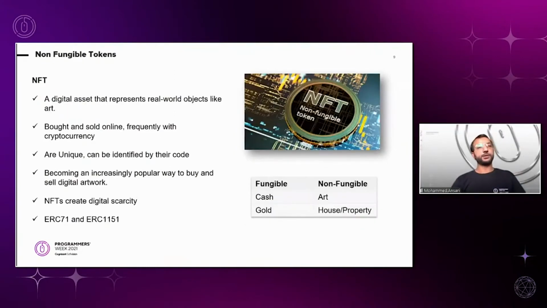Now let's move on to the next topic, non-fungible tokens. This is a little difficult to understand. There are specific types of assets that can be dealt with in this scenario. In order to understand this, we first have to understand what a fungible asset is and what a non-fungible asset is. A fungible asset would be cash or gold. What it means is that if you have a $10 bill with you, you can replace it with somebody's $10 bill, and the value will be retained. It won't be changed. The same applies to gold.